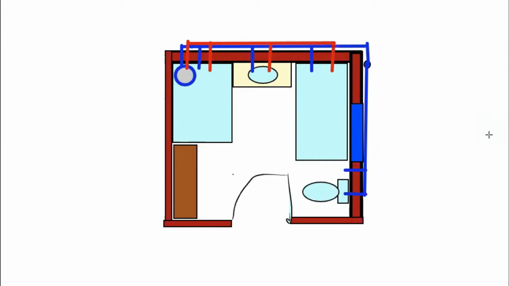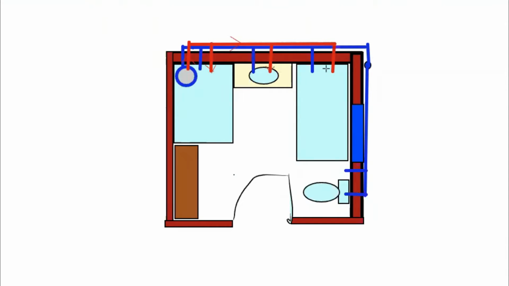Okay. So here it is very difficult to put any arrow. You have to put some arrows, like from which direction it is going where. You can do it like this, for this, like this and this. And same is applicable for cold water as well. Okay. Cold water also you need to do like this. From here it is going this side. From here it is going this side. From here it is coming like this. It is coming like this. And it is giving water to this particular area.